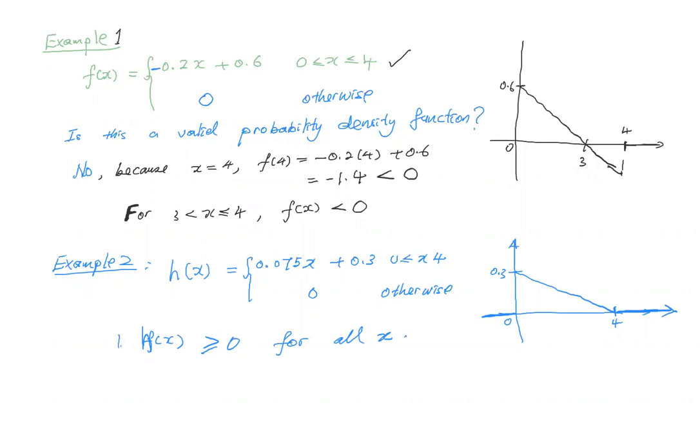So can I say it is valid? No, not until it satisfies the second one. So now, I know that total probability must be equal to 1. So now I find the total probability. We know that we want to find probability for this case. What do we do? We find the area